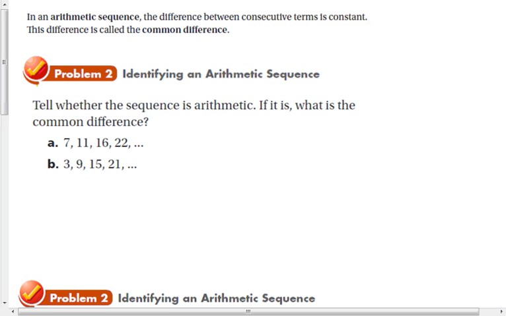All right, in arithmetic sequences, the difference between the consecutive terms is constant. The difference is called the common difference. So to be called an arithmetic sequence, you need a common difference between the numbers. So if you look at these two, if you look at the difference between the numbers, so the difference between these numbers, 7 and 11,